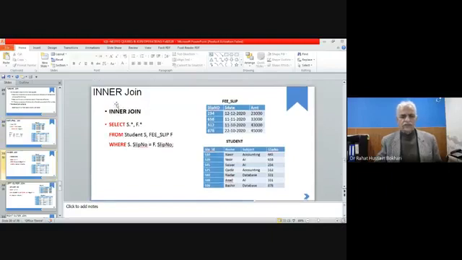So here this is the inner join. This is basically equijoin. And with the inner join you say select s dot star and f dot star. It means I'm using two tables, student with alias s and fee slip with alias f. So s dot star is all the columns of the student, and f dot star is all the columns of the fee slip, where s slip is equal to f slip. So here it will give the fee slip and the student. Then you have to give us the output.